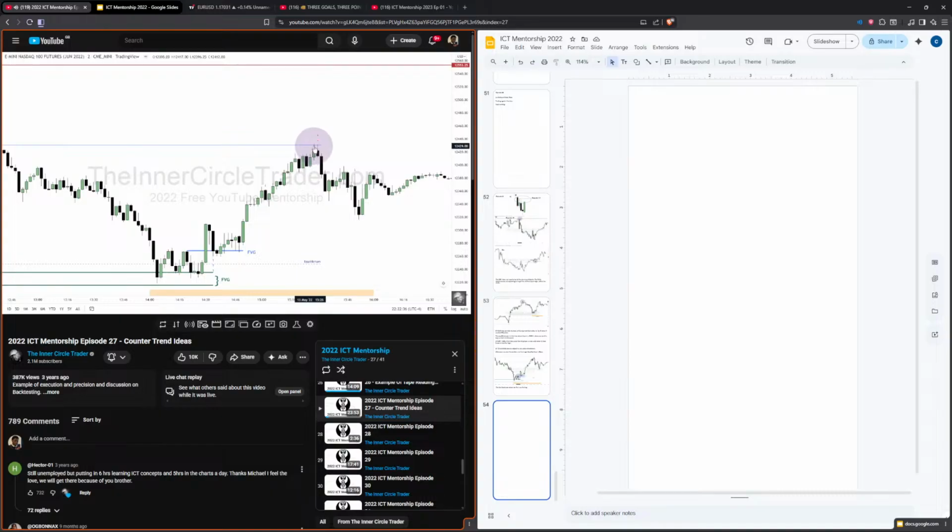But anyway, I ended up closing the 20 here, so I didn't get it above that 12,430 level I was trying to aim for, so I missed it there, and then I closed more here and here. And then finally, late in the day, I had one left, and I just took it off here. So that's the business there. And I want you to look at